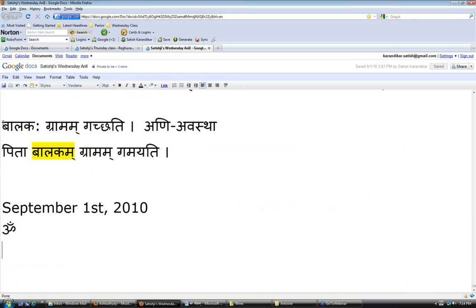So this balakaha was swatantra karta when he was going to the village. This is the ani avastha. What Panini calls the ani avastha means when the nich wasn't there. Then the father comes in and says, Pita balakam gramam gamayati. Now this balakaha was the karta before. He still is the karta. So if you look at it like that, then if we see what vibhakti should be getting,